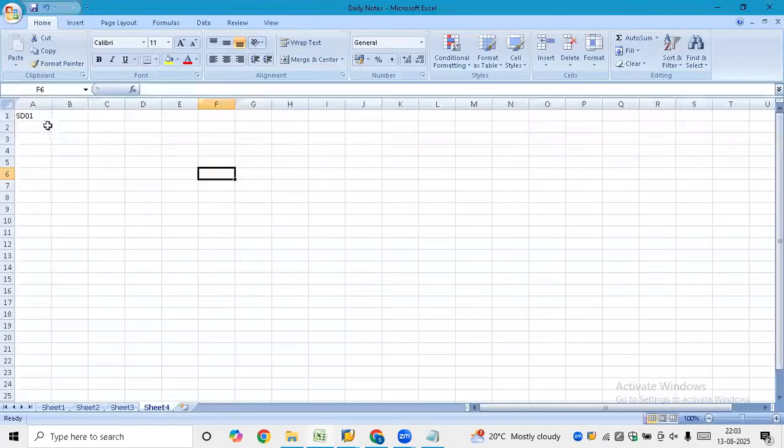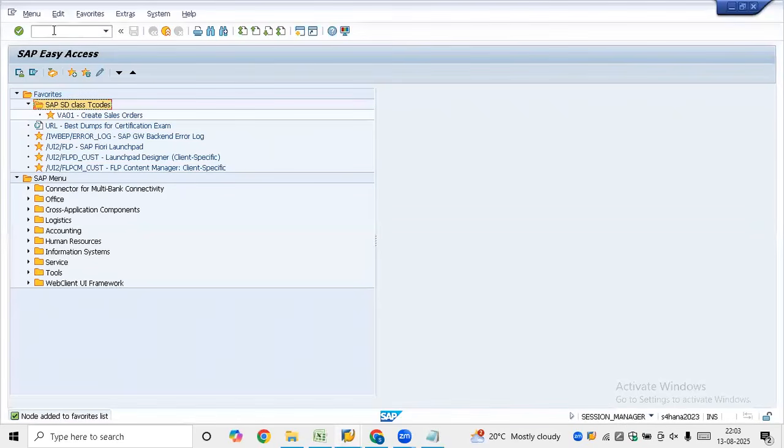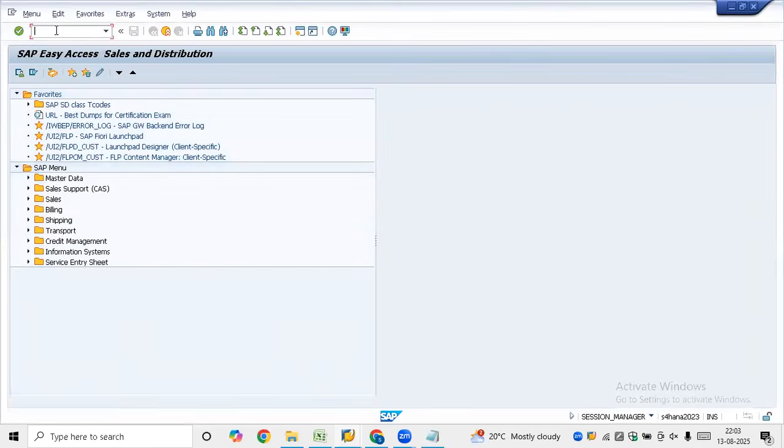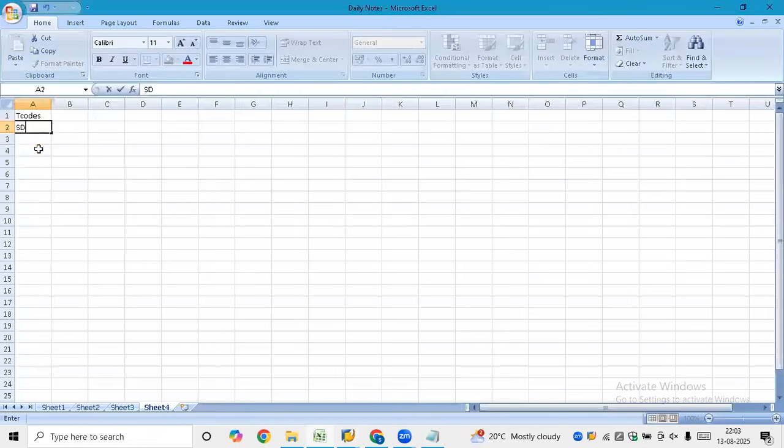Shortcuts to store. Okay, now T codes. SD01 or 01? I don't recall. SD01 or O1? See, in SAP, we always get confused with zero and O. For everything we call O. SD01. So, important T codes: SD01,